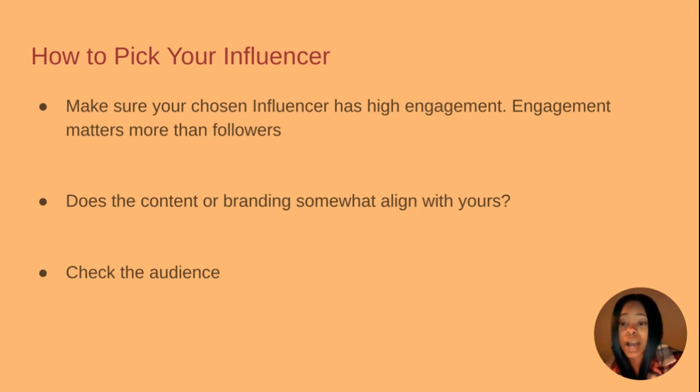Also, does the content or branding somewhat align with yours? So does the content they make or the branding somewhat align with yours and what you want to do? Also, check the audience. What type of people are commenting? What type of people are liking? You can look through people's likes for the most part, even if they don't show you the amount of likes, but you can look at the people and the quality of the audience that they have in the comments. So just look through it and see what you find and see if that aligns with what you want your